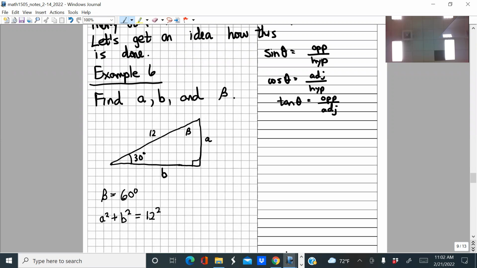So you're not going to be able to figure out what a is or what b is from the Pythagorean theorem. Okay, so we have to go beyond the Pythagorean theorem to solve this right triangle. That's where the trig is helpful. However, what we can do is, I mean, we can write down the Pythagorean theorem. It's not helpful. What we can also do is write down the trig ratios for the angles in this triangle,